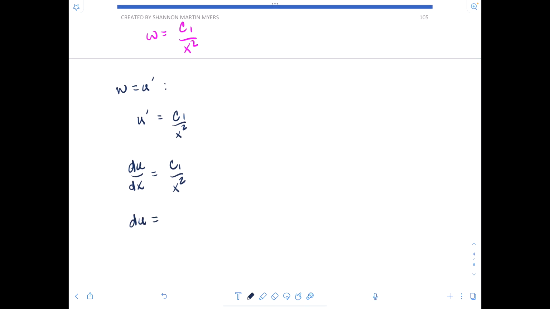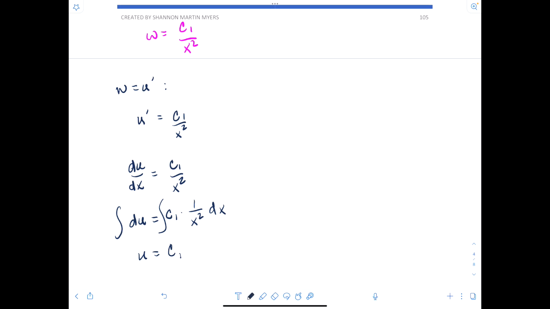These are separable, so we'll have du is equal to c1 times 1 over x squared dx. Integrating both sides, we will have u is equal to c1 times